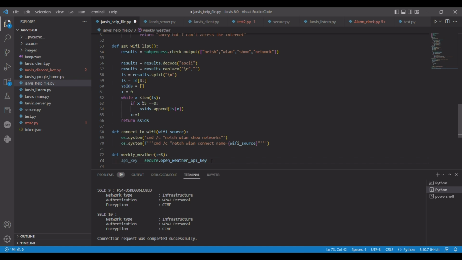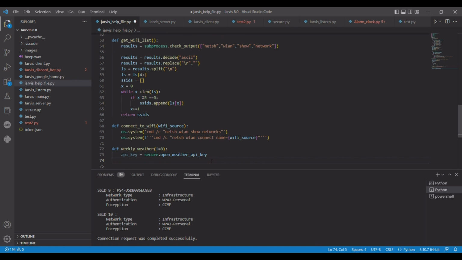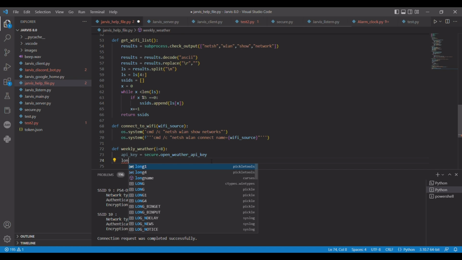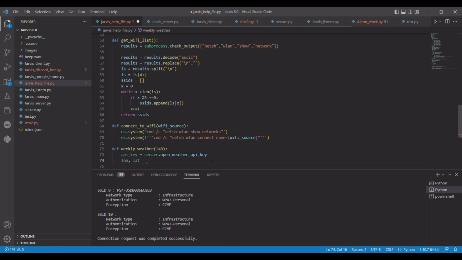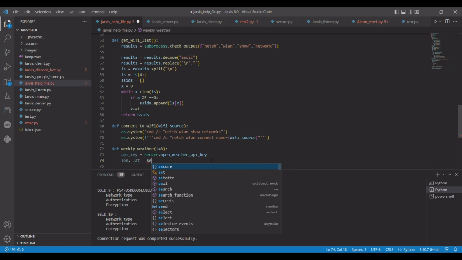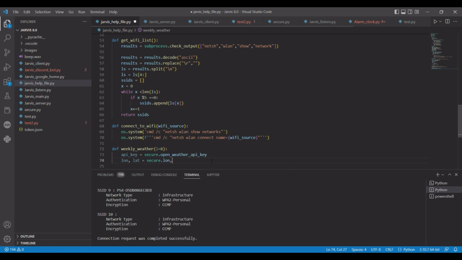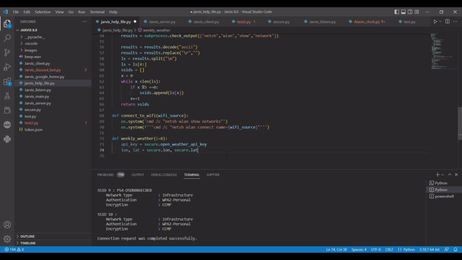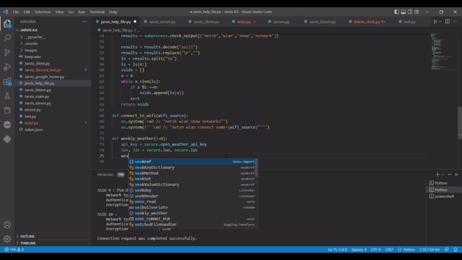All right, so next you need your longitude and latitude. So lon and lat equals secure.lon, secure.lat. You have to have your longitude and latitude for the weekly weather. I don't know why, because for the hourly or the current weather you could just pass in the city. But whatever. So it's weather_data